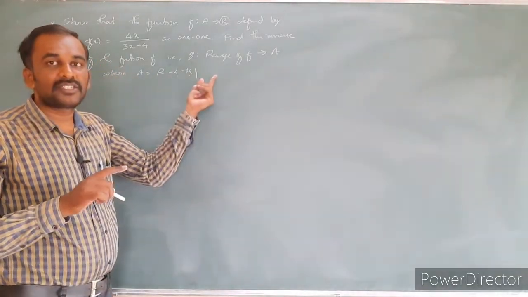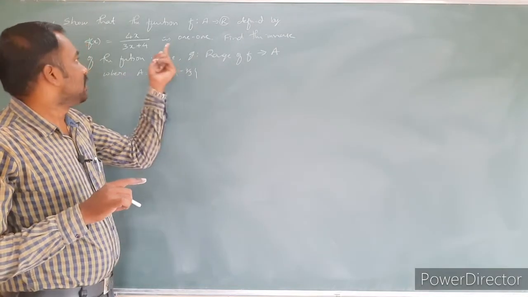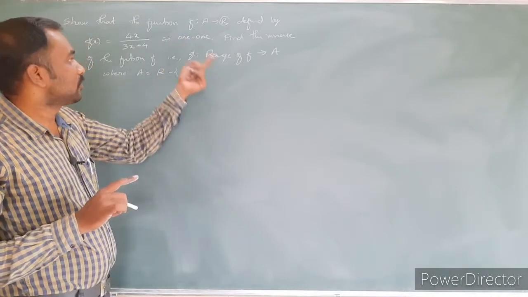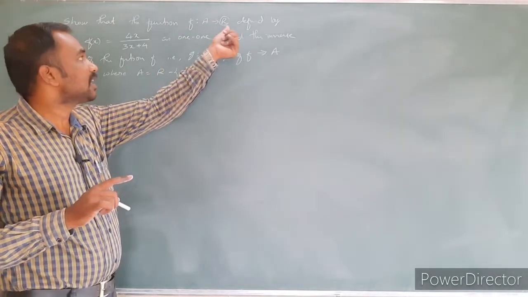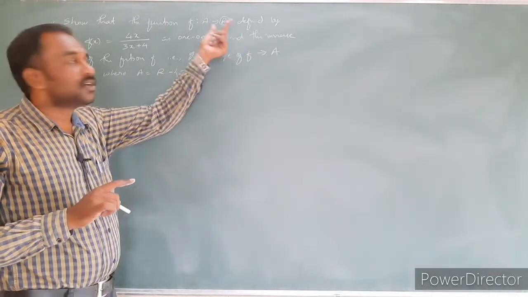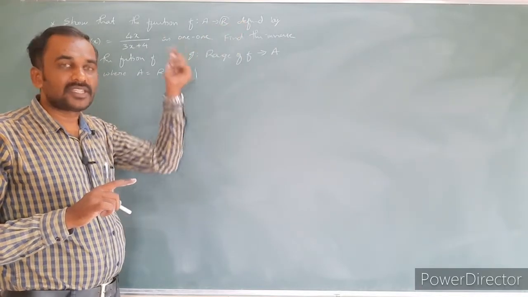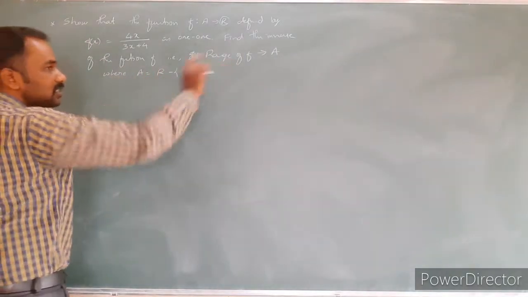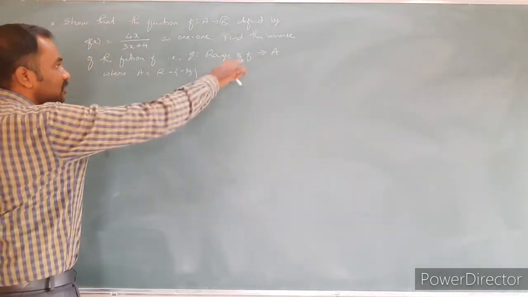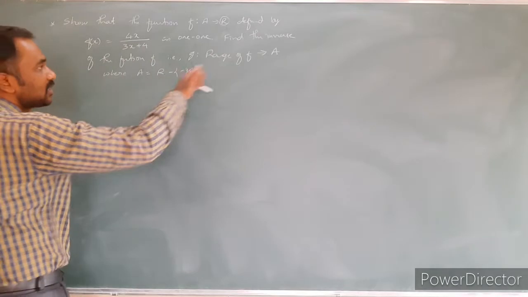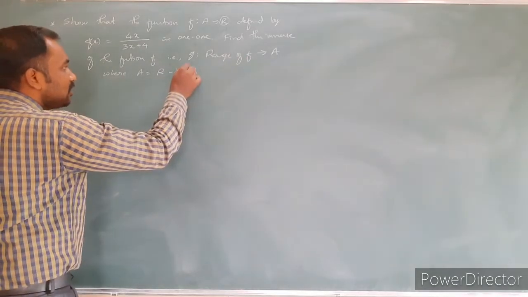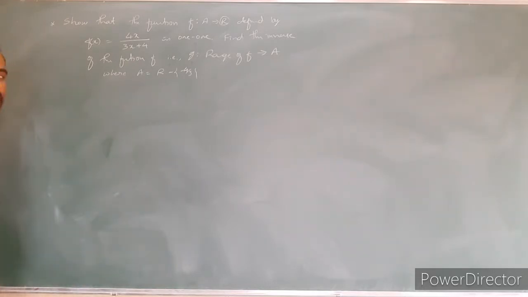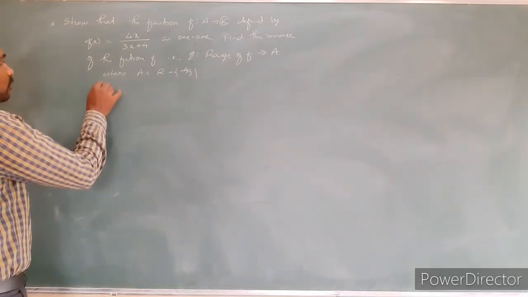To become bijective, it should be onto also. Already you know 1-1 is there, so onto we are required to prove. For onto, they have given directly the range of the function. Range means whatever elements have pre-images, that we have just considered. Obviously we will get it, at least to satisfy the condition of the inverse definition, provided that set A is nothing but all the real numbers except minus 4 by 3. Okay, very simple. 1-1 we need to prove.